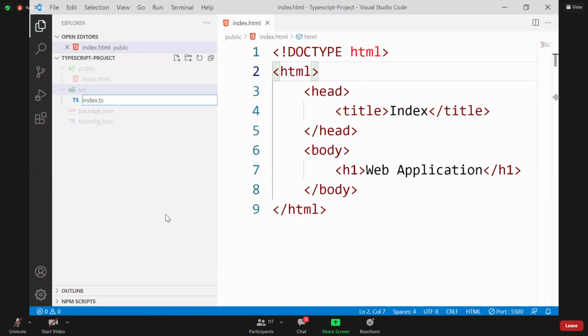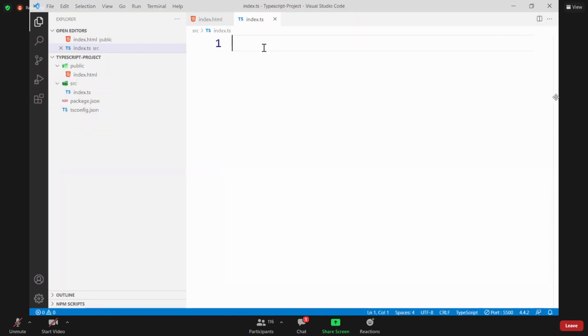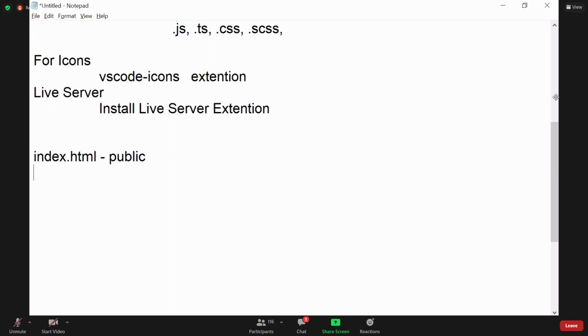So you need to define the extension ts. This is the TypeScript file. All TypeScript files must have the extension .ts.